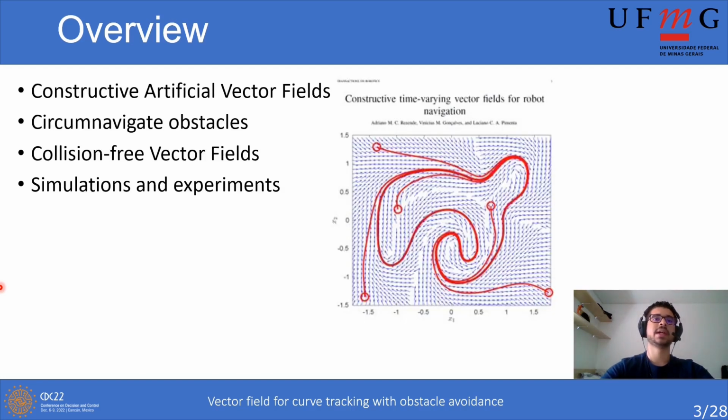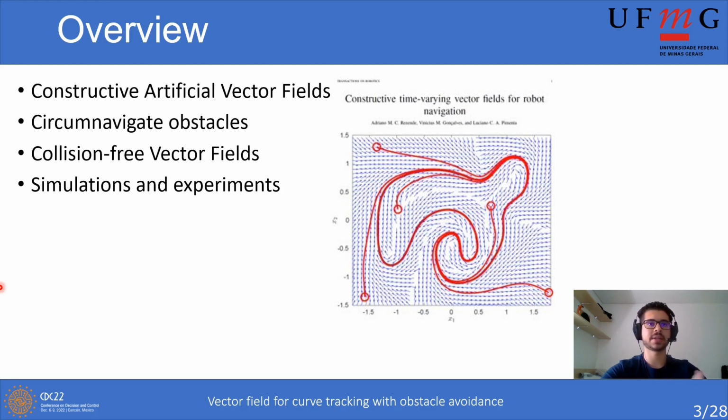In fact, a previous work from our group proposed a vector field methodology for robot navigation in time-varying paths embedded in n-dimensional spaces. The field is obtained constructively with the use of the Euclidean distance function to the curve. Several characteristics and advantages of this approach are presented with formal proofs in that work, but the presence of obstacles was not considered. Now, in the present work, we extend this method by adding the consideration of obstacles that may